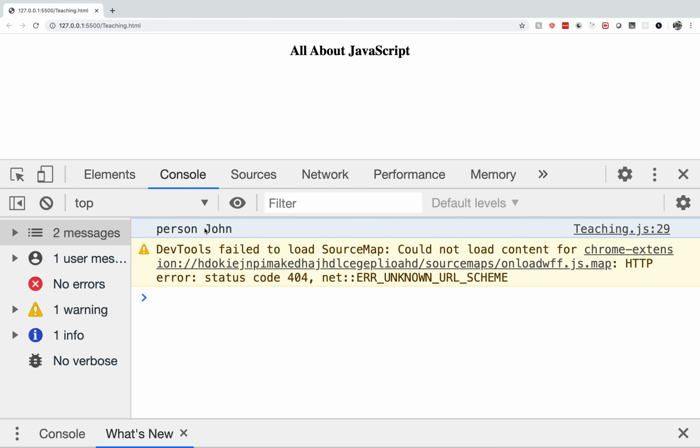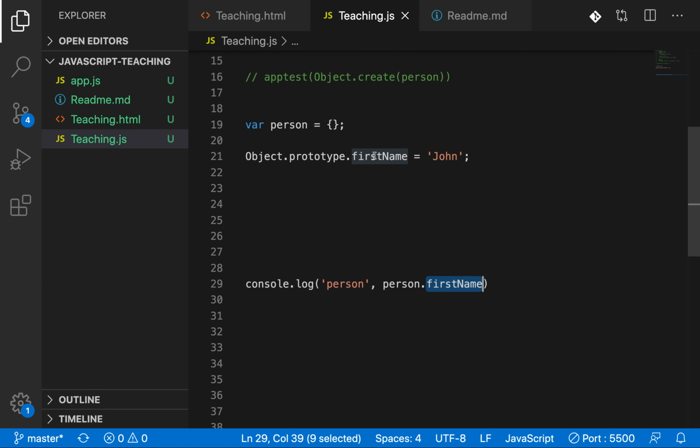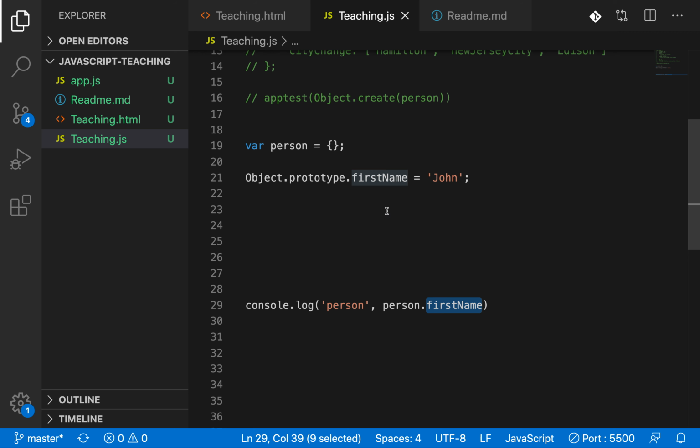See, I got John, even though it is defined in the secondary object. This is what I want to tell you. Whatever properties you define in the secondary object, the first object can inherit or access from the prototype.